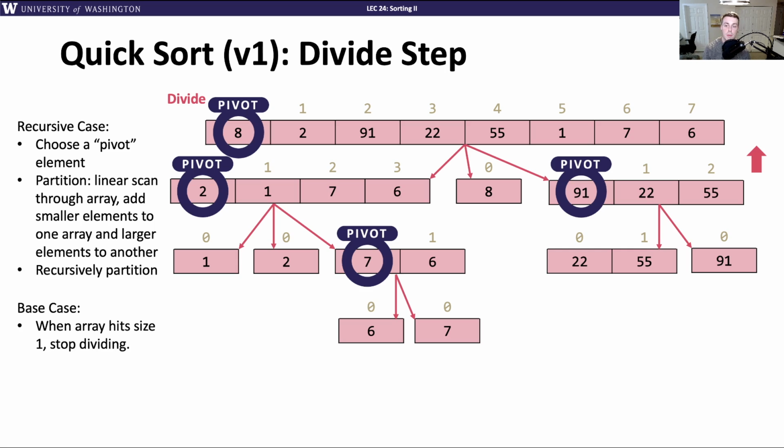Our base case is going to be once we get to a list of size 1. Now, the reason we go through all of this extra work of splitting things up based on a pivot is, you might notice that if you look at all of my base case nodes, all of the ones with one element inside of it, if you look at all of those,